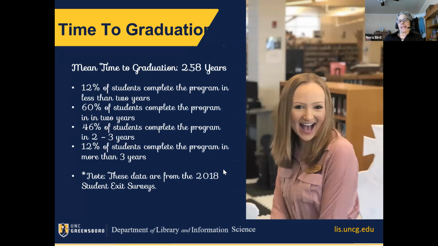So how long does it take? There is, so 2.58 years is sort of the average of all these different timing. So some people do complete the program in less than 2 years. I always mention one crazy person who did it in 1 year, 4 courses per semester, 3 semesters. It's difficult to do unless this is the only thing that you're doing at this particular time. Most take 2 years,